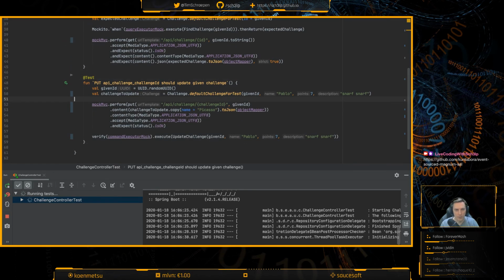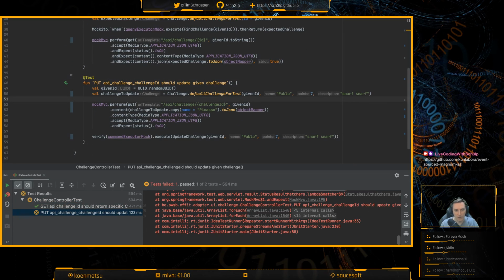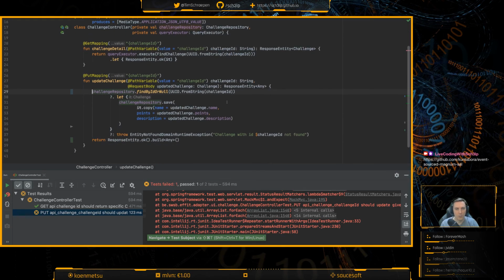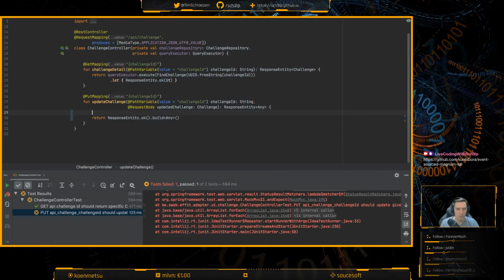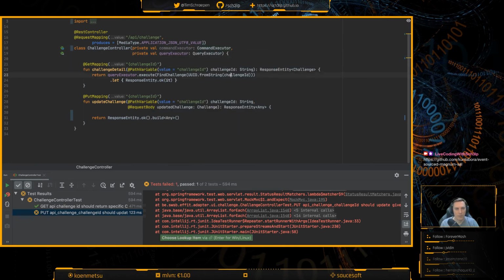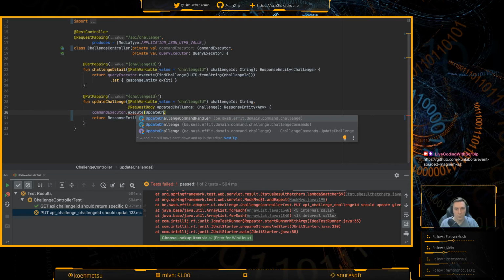Oh, I haven't changed the implementation yet, so that makes sense that it fails. And now what I can do is get rid of this one because I no longer need the repository. I need a command executor though. Command executor, execute, update challenge.